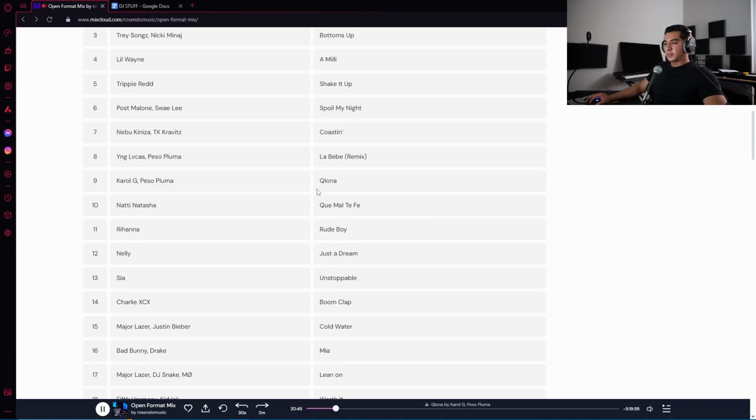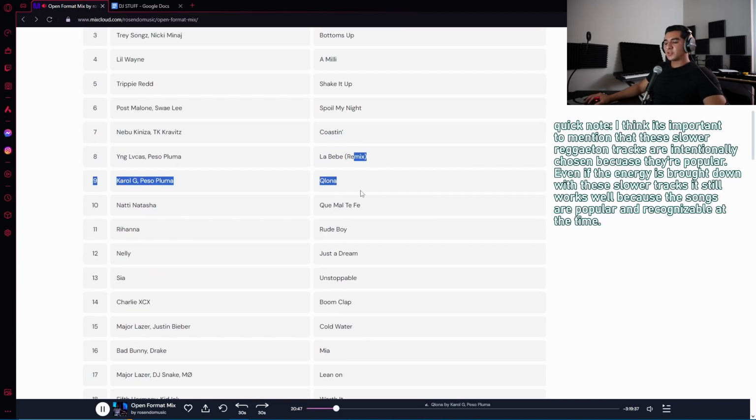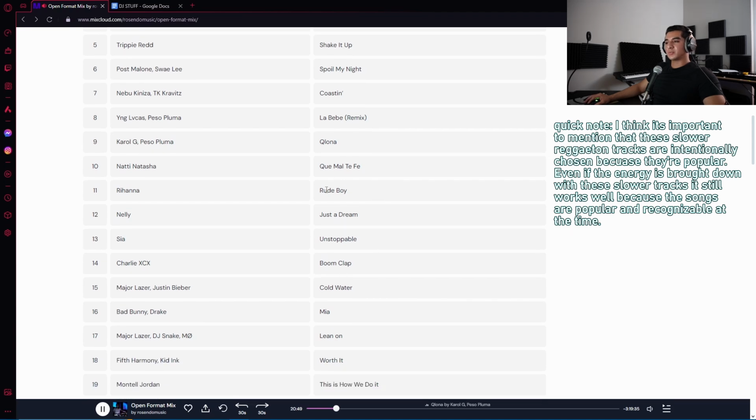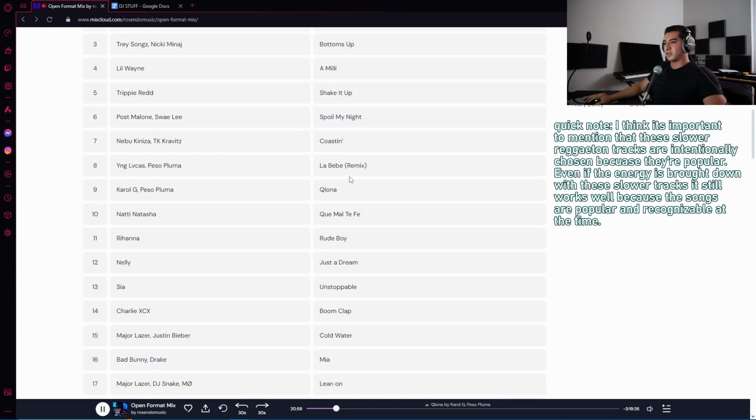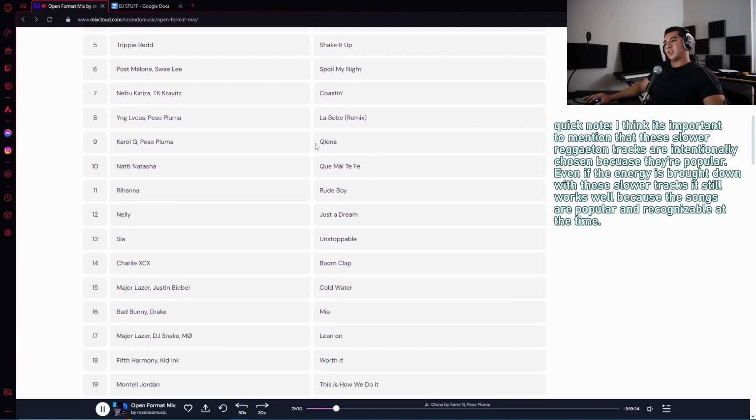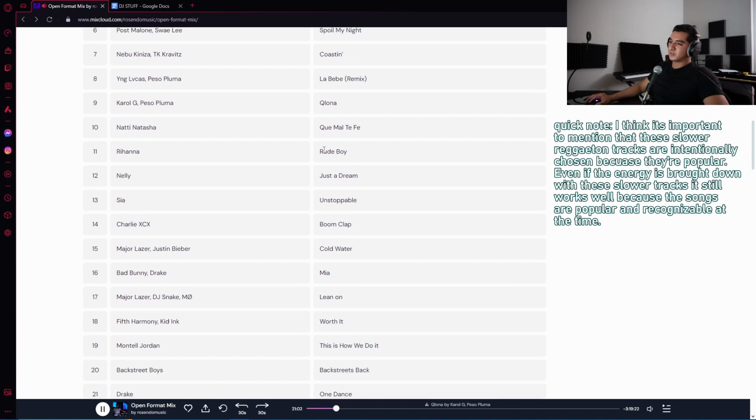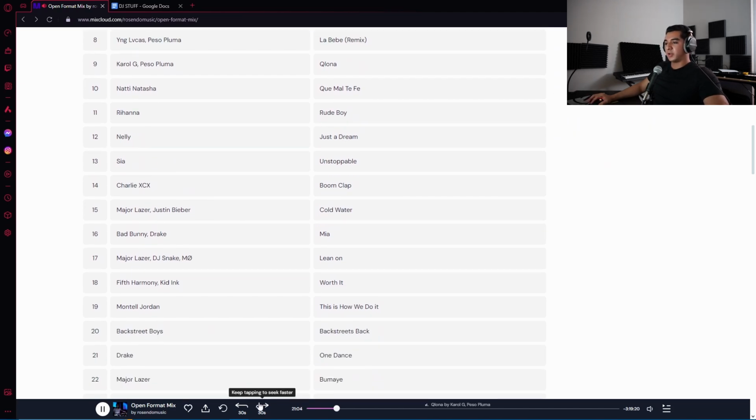All right, now if you're unfamiliar with these Spanish tracks, they're on the slower side, which I like, and going into Rude Boy by Rihanna picks that velocity up just a little bit, picks the pacing up. After you start strong, you go into these medium tracks, right? Spoil My Night, Shake It Up, you're getting a little bit of a groove. You bring it down with some of these tracks, and you slowly bring it back up with Rude Boy